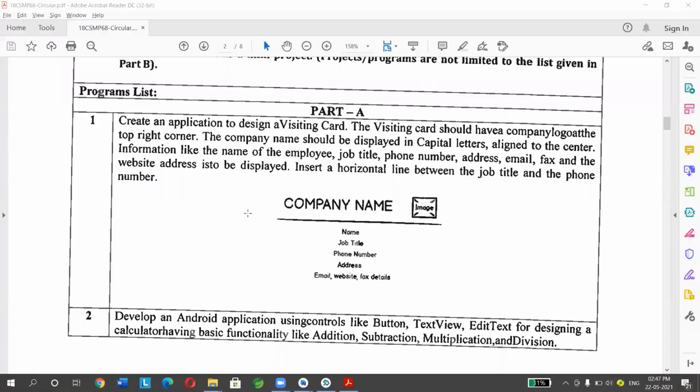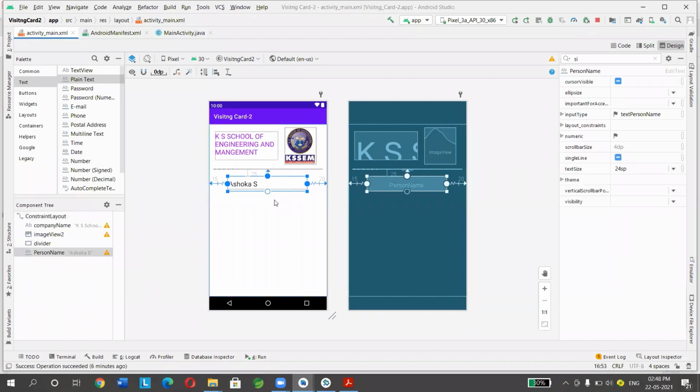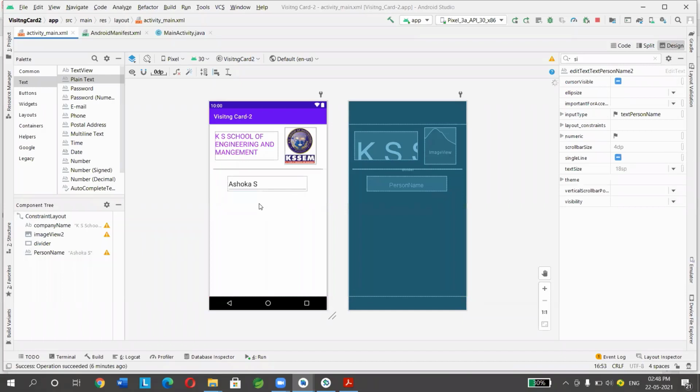After the name, what do I have? The job title, so you need to write the designation. There are two ways you can place the second one. If you select the same type, instead of selecting plain text, and I already have one plain text selected, if I select a new one, you have to set all the constraints again. But here I already set the constraints, right?